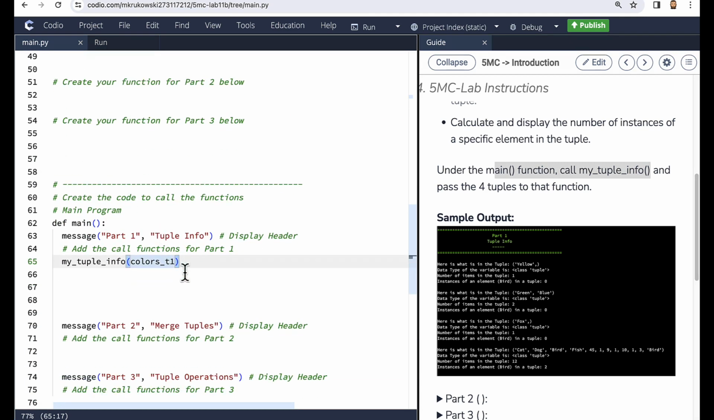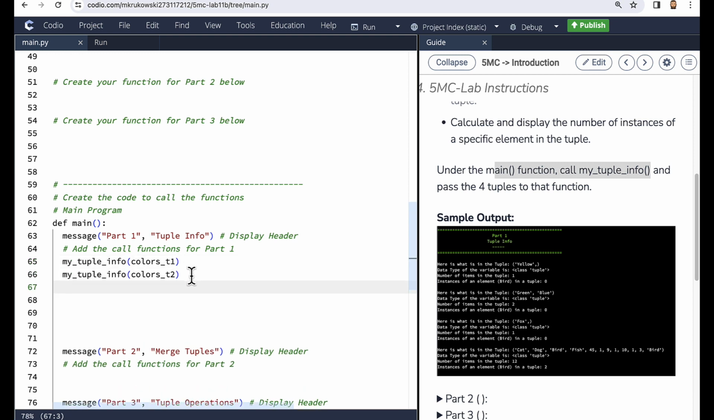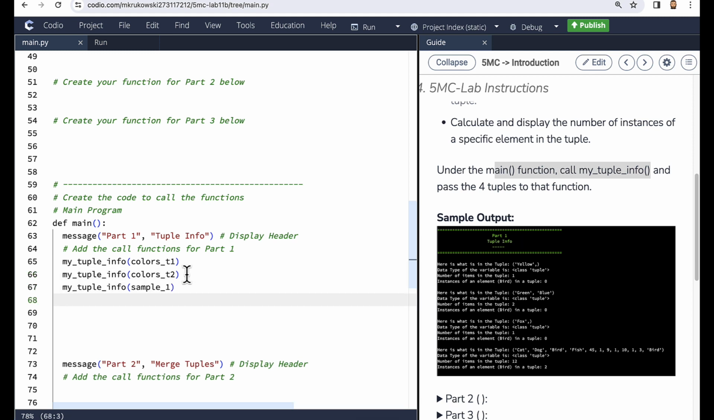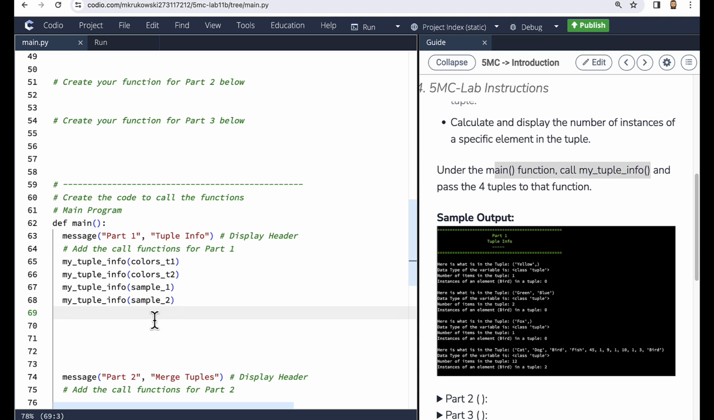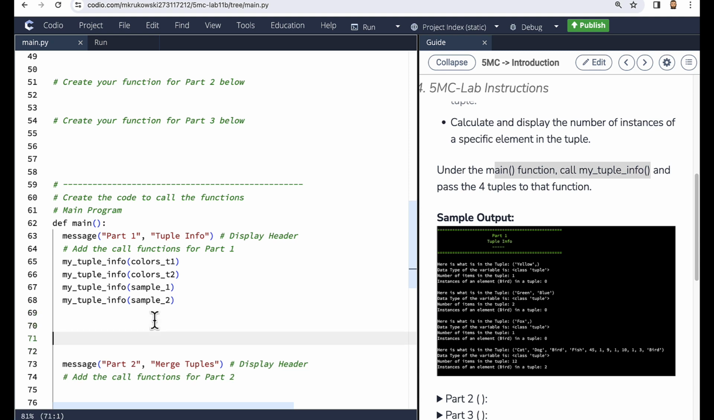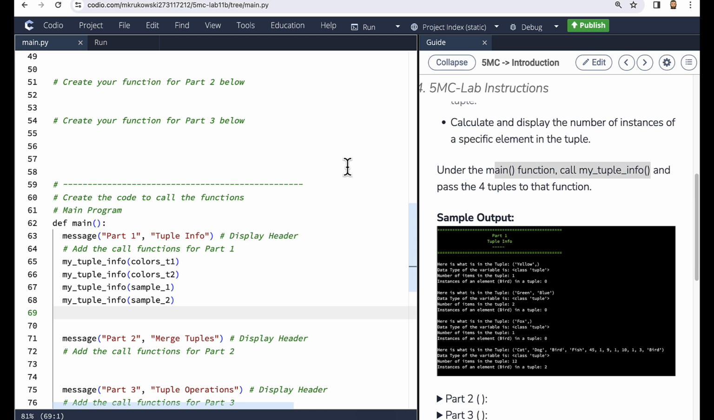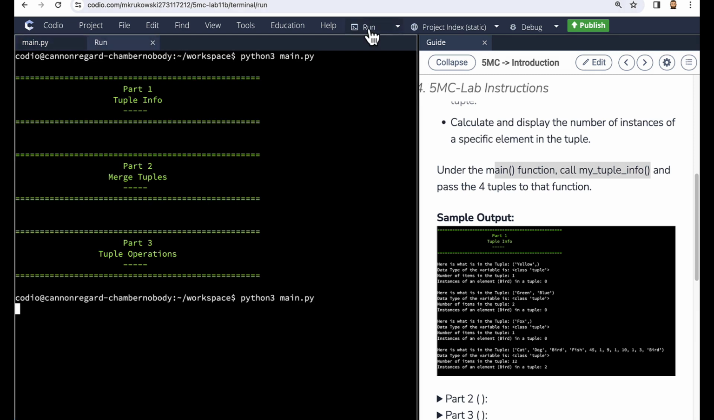So I'm going to create 3 more call statements here. Another one for colors T2. Then I have another one for sample 1 and one more for sample 2. Let me get rid of some of these extra lines. And now when we run the code,